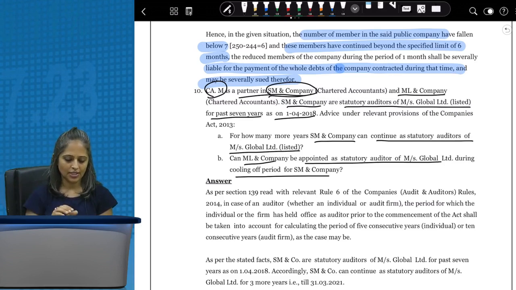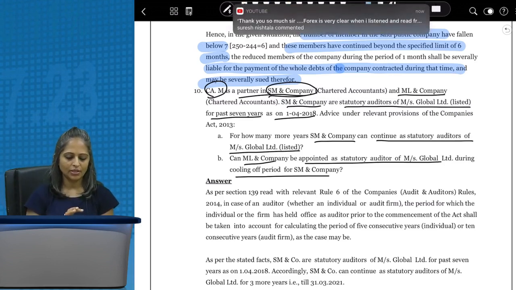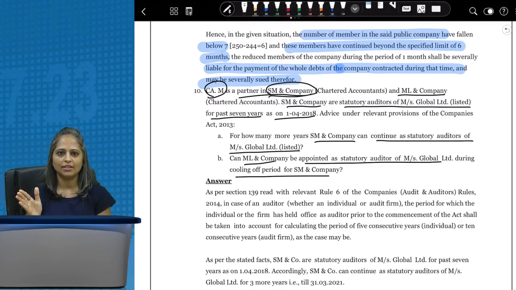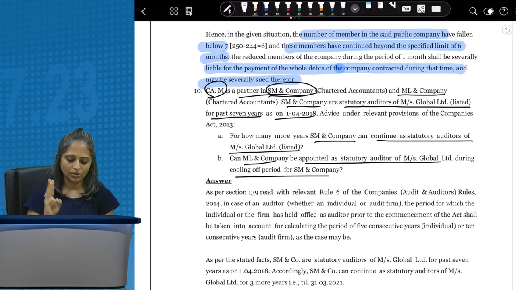Now here in this case, SMN Company has already been the auditor for the past 7 years. So here 7 years are already done. So how many further years can it be the statutory auditor? For a further period of 3 years. So in the first question, it can continue as statutory auditor of the company for a further period of 3 years. Can MLN Company be appointed as statutory auditors during the cooling off period? So after you